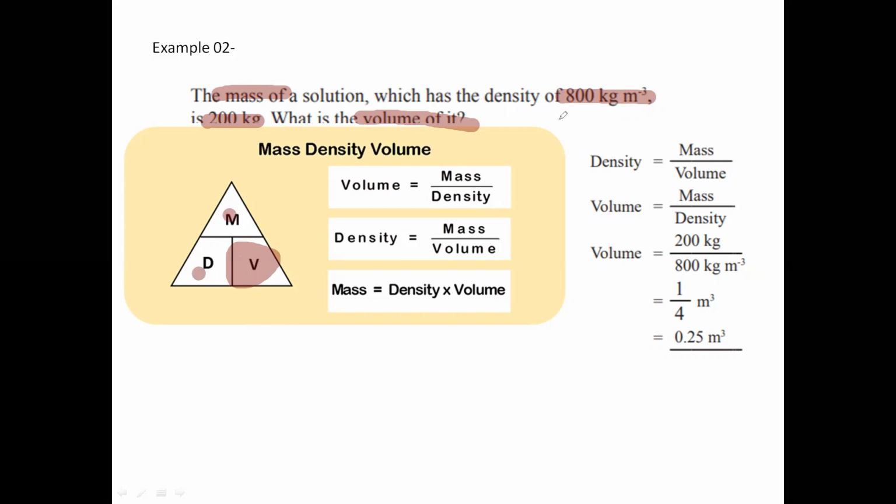So what is the mass here? 200 kilograms. So what will be the volume? Sorry, not the volume. What will be the density? Now we have to divide by density. This is the one we have to apply. To find this one, mass divided by density. Now what is the density here? This one, 800 kilograms per cubic meter. So you can get the answer as this. That is a very easy one for you.